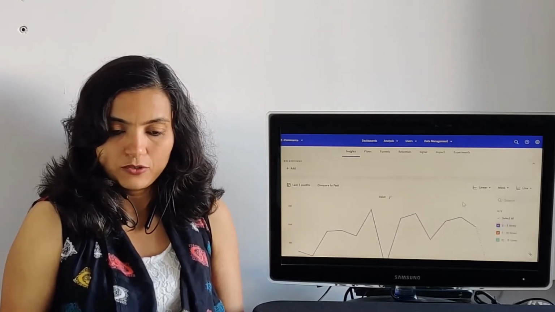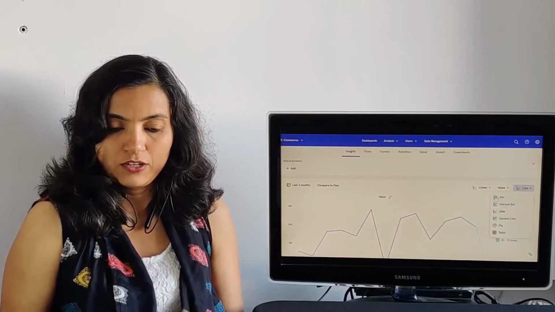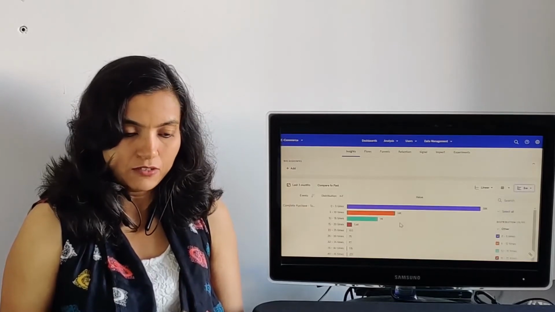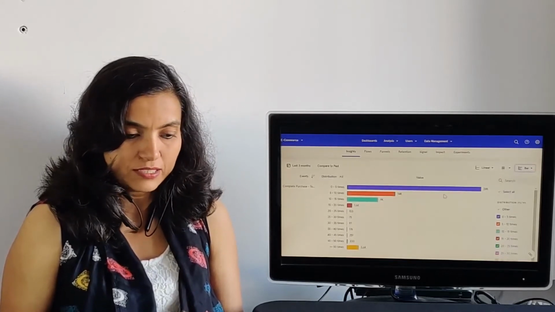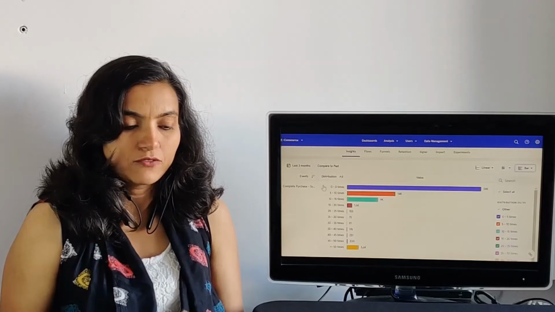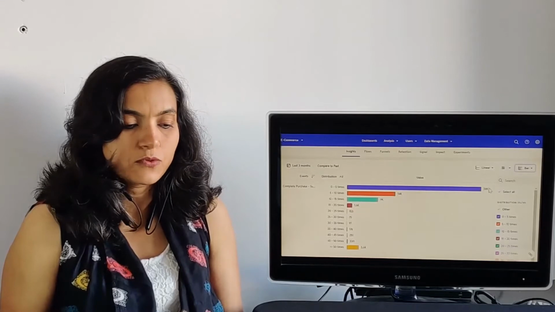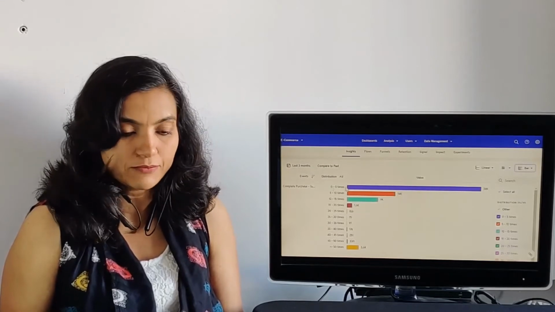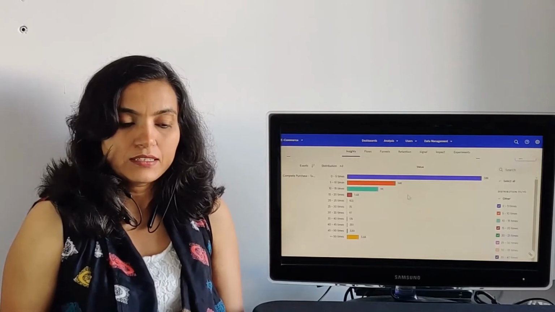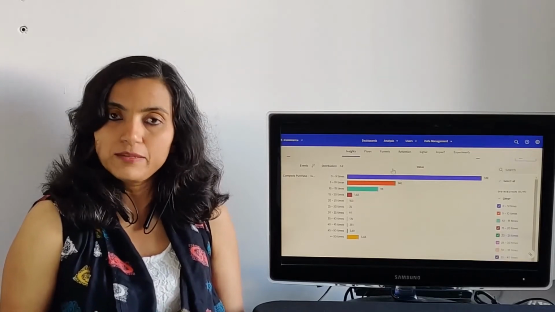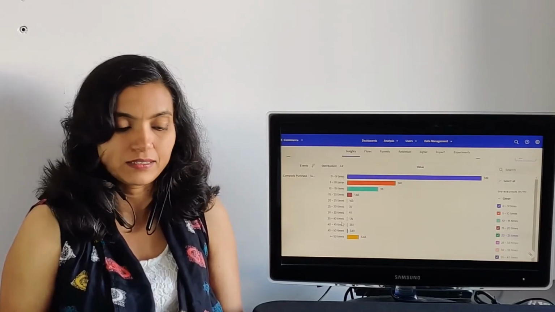Now let us also look at the aggregate number just to see how they perform in the long term. So I will go to bar chart, and now this bar chart is broken down because we are looking at distribution. So each of these bars is of a particular frequency. So the blue bar here, highest is 38k users who have placed 0 to 5 orders in this period. 14k users placed 5 to 10 orders. This is a very good way to know what is the typical behavior of your users and how many users fall into different buckets here.